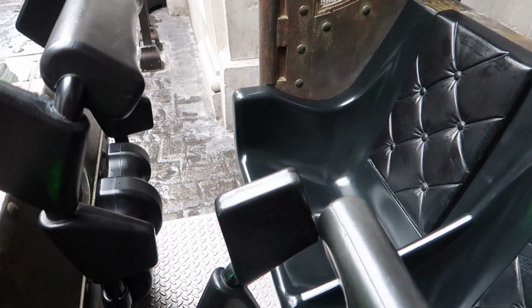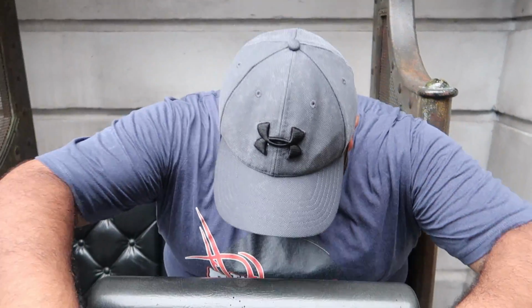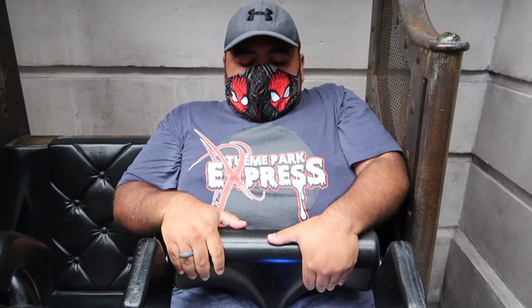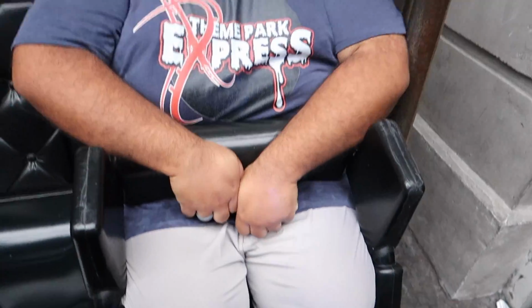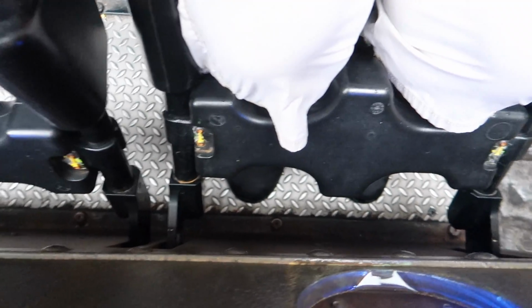As you can see over here, I did almost take a stumble when sitting in the test seat, so please be aware if it is raining. I sat down and I pulled the lap bar down as far as I could, and unfortunately I could not get the green light. I decided to pull the lap bar next to me down and I got the green light on that one, just so that you guys can see how far I had to go